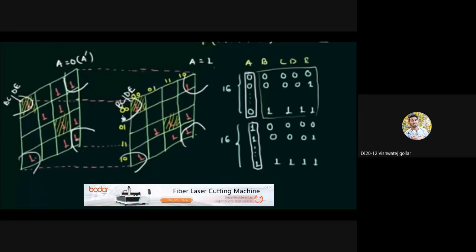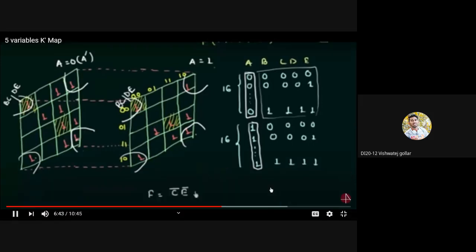Okay, and in DE, D is changing from 0 to 1, but E is same, which is 0. So E complement. Okay, so this is for the first group. Now we will